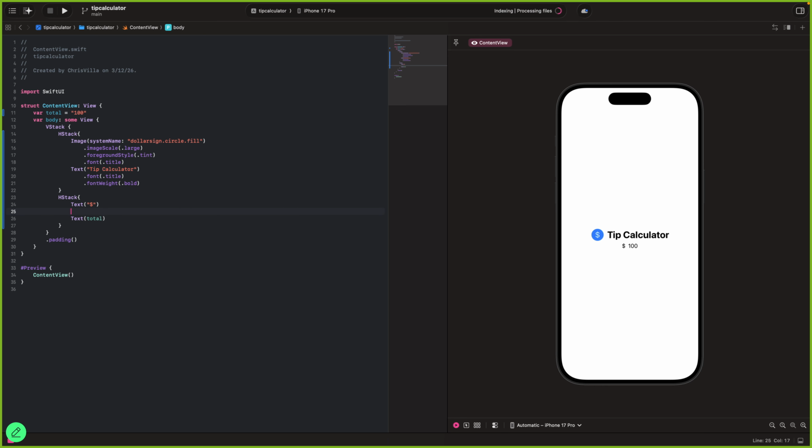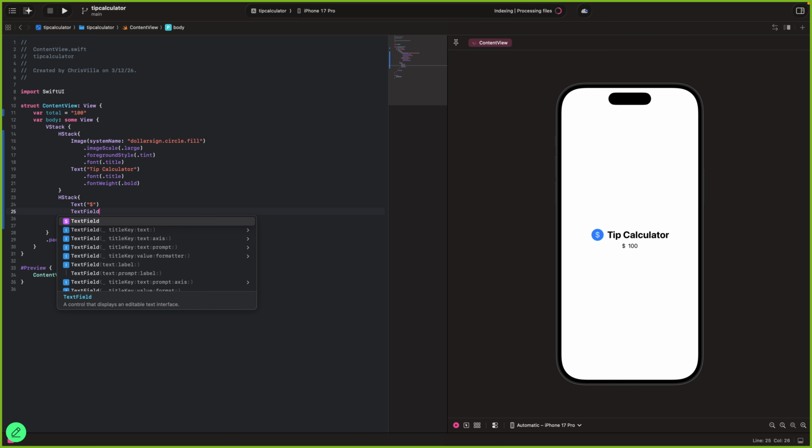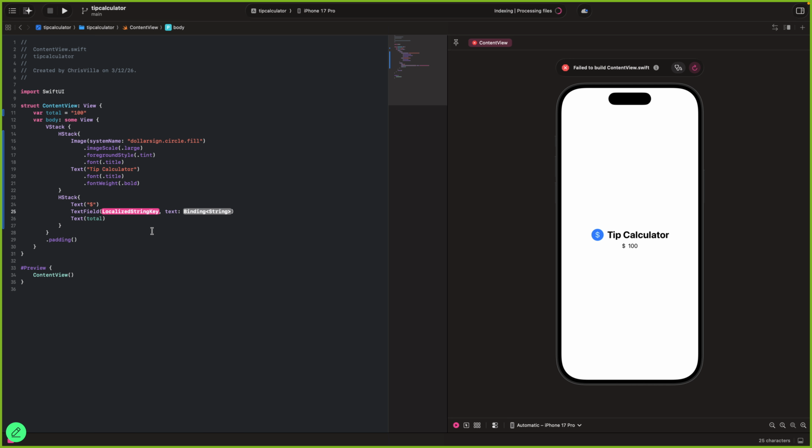So for this, we're gonna create a text field. Text field, there you go. And we're gonna choose the one that says text field title key text. So this second one. The first thing that appears on the text field is what goes inside of the text field when there is nothing inside, like when the user hasn't typed anything.